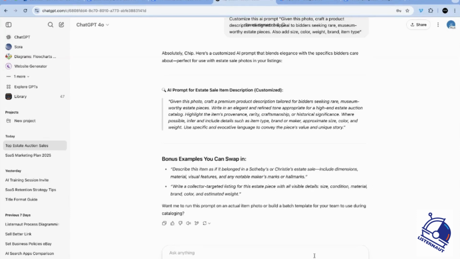When we have the prompt done, we're going to test it. And so we're going to see how it writes our titles and our descriptions within the system. So once you have this, you test it. If you don't like it, you fix it. This is where